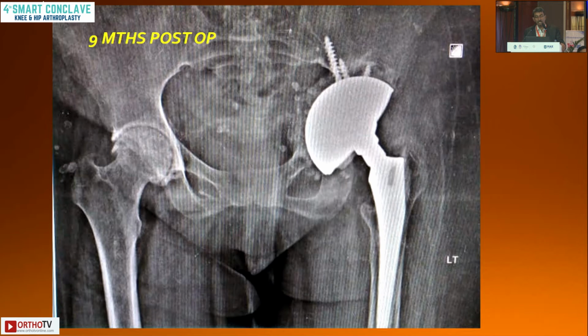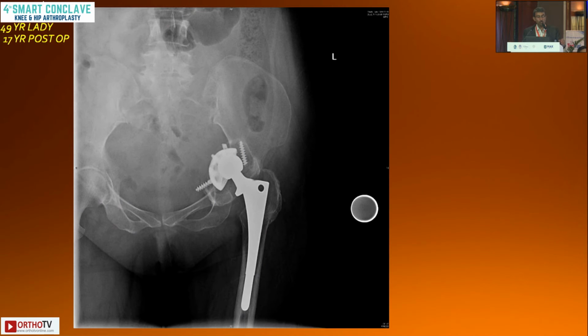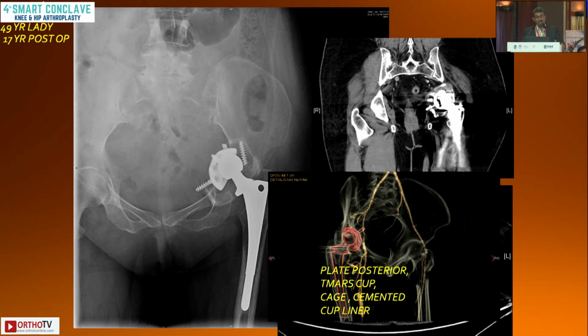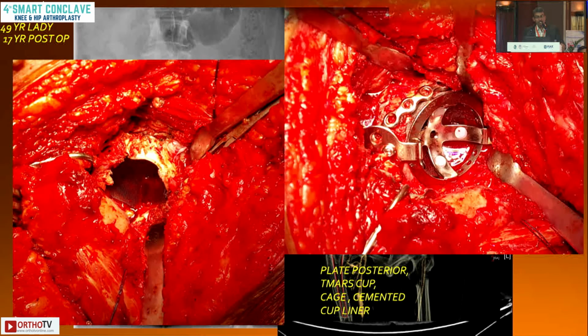Fortunately for us, this lady, whose X-ray I got at 9 months post-op, even later is doing quite well, but I would hesitate to do it now, knowing that we can also achieve what is called an inferior or a 2-sector fixation. This is a lady 17 years post-op, again with a CT scan, and we got a CT angio as well to be sure. Cup done. We have a cup cage construct